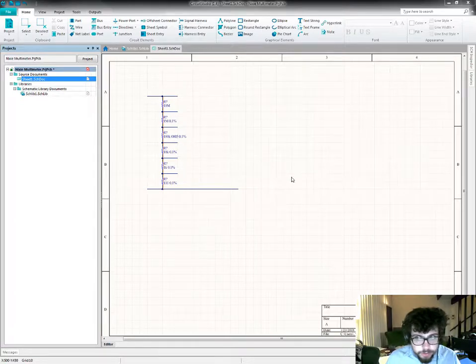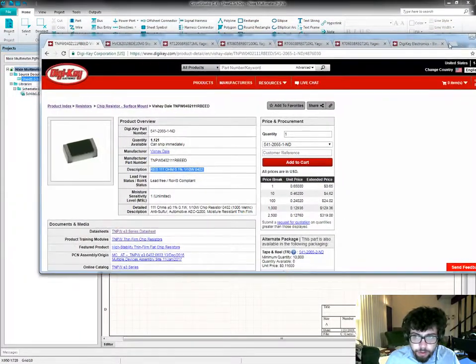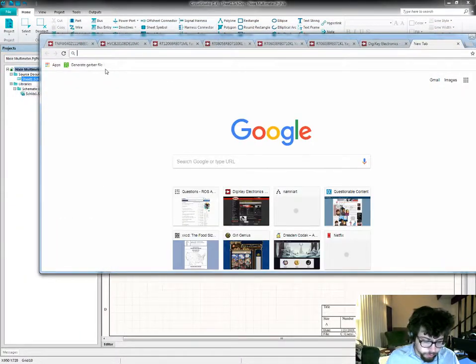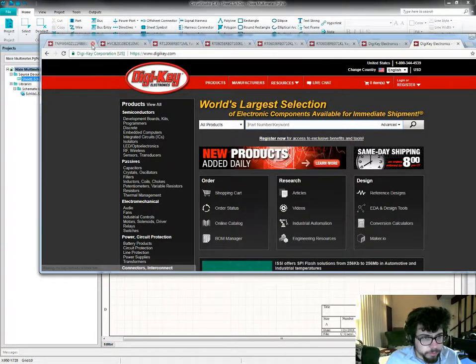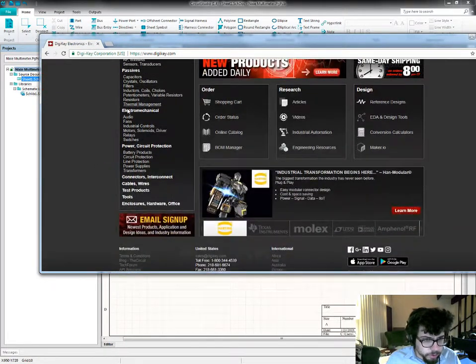So that was everything I had planned to put up tonight in terms of pre-prepped parts. I think I'm going to go off and search for an input. DigiKey, here we come. And I don't need the rest of these tabs anymore. Goodbye. Looking for